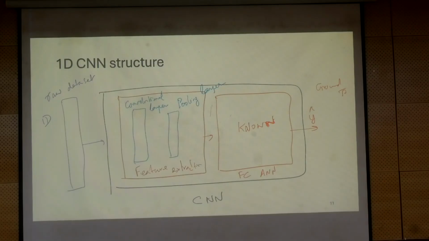So there is a convolutional layer, there is a pooling layer. The output of the pooling layer will typically go through what we call a flattening layer. We will talk about the flattening layer and all these things in a moment. So there will be another layer called the flattening layer. You will see why it is needed in a moment. And then the output of the flattening layer is basically the feature vector that is being fed into the back end, which is the dense layer, which is a fully connected ANN.